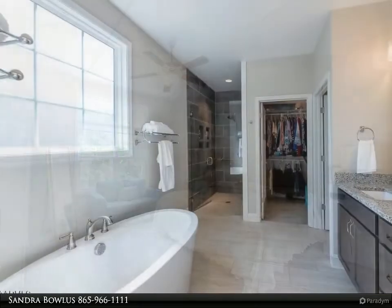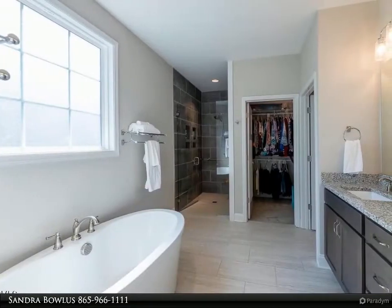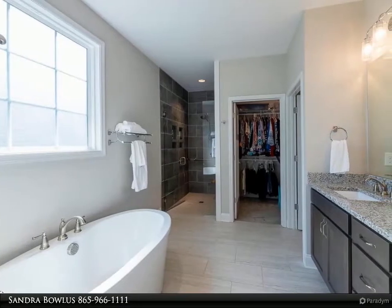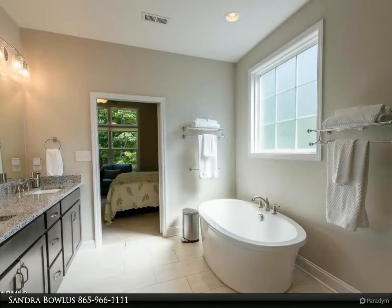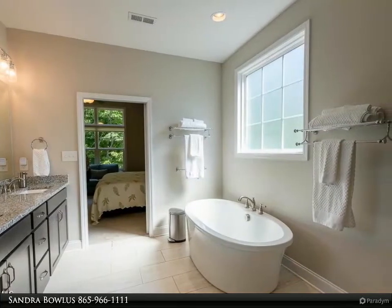The owners have an Aqua Clear water filtration system that conveys with the home as well as the newer refrigerator and washer and dryer. This is a super location minutes away from all things in the Farragut and Turkey Creek